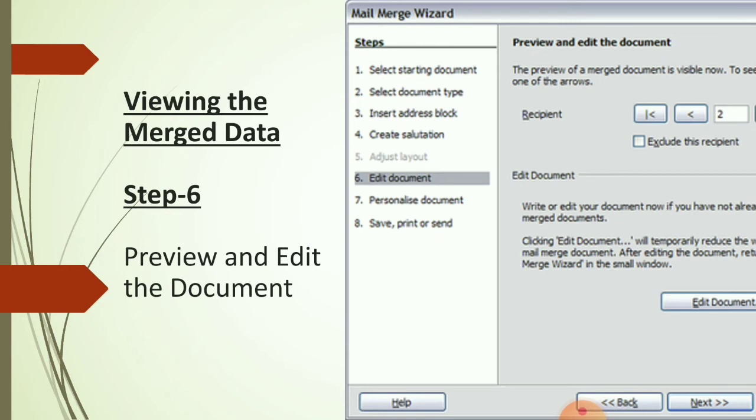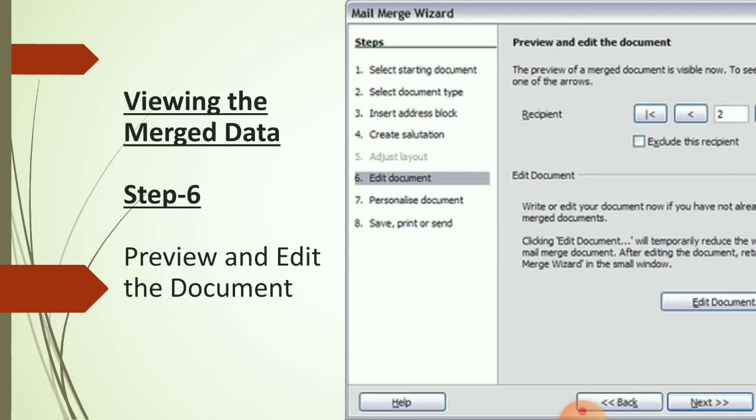In this edit document you can preview the document. If you want to make any changes, you can do that also. You can see edit document is there. When you click on edit document, you are able to edit the content also.